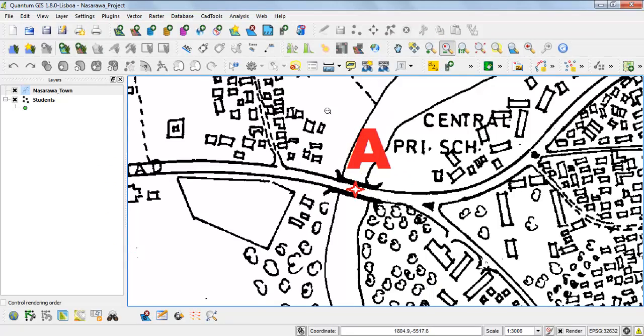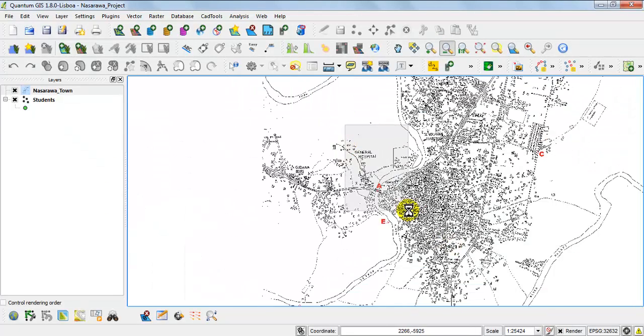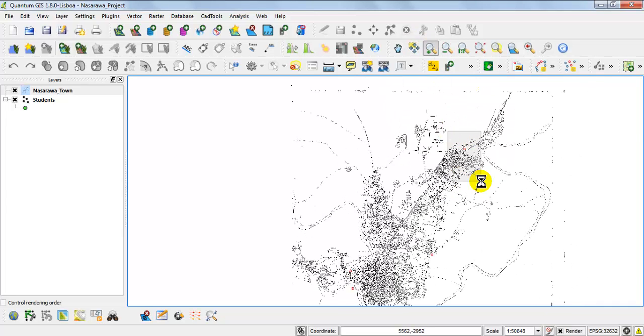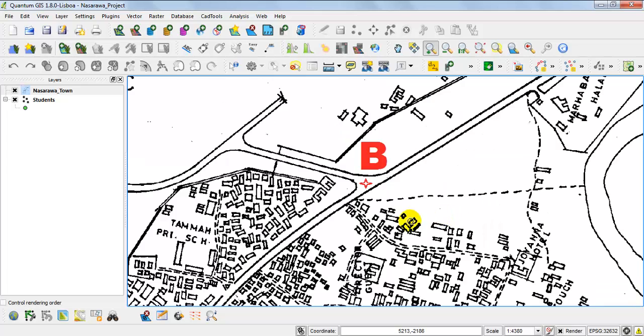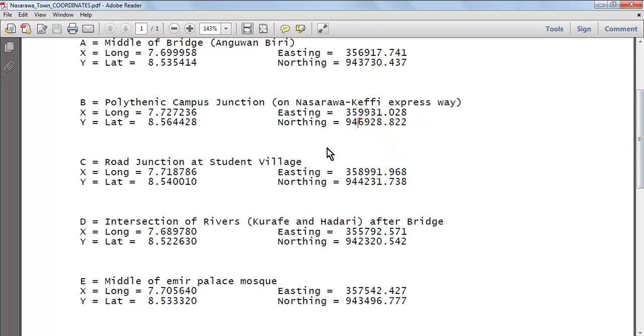Then if you zoom to control point B, which is somewhere here, control point B is located at the middle of a junction, just as it is described somewhere here. And these are the parameters for control point B. The eastings and northings are listed below.